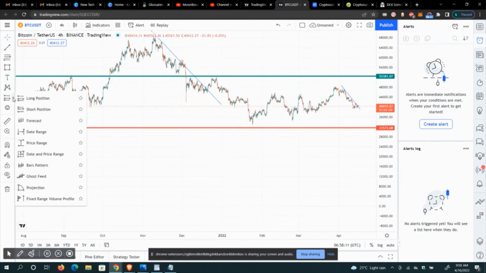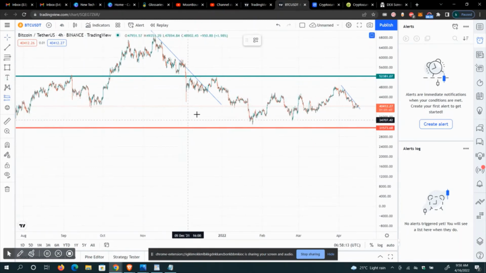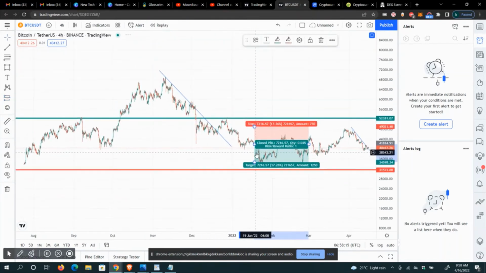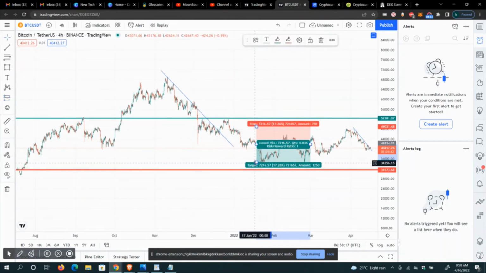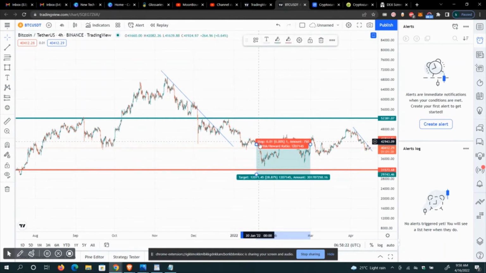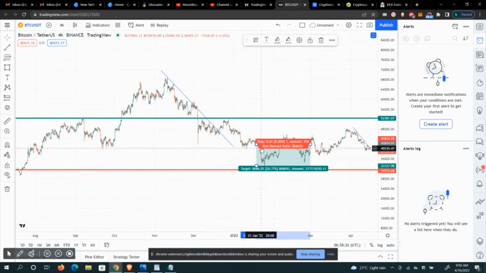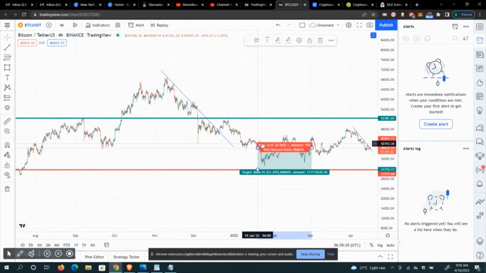And we also have the short position tool. It's just the opposite of it, whenever you're projecting the market is going downward, you understand? And let's say you take a position here and the market goes down. You see? So from where you entered the market,